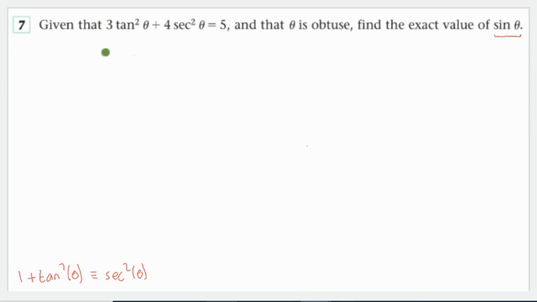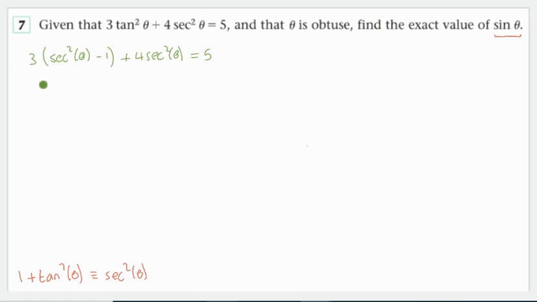So tan squared must be the same thing as sec squared minus 1, just rearranging this identity. So therefore, I can write 3, not tan squared, but sec squared theta minus 1 plus 4 sec squared theta